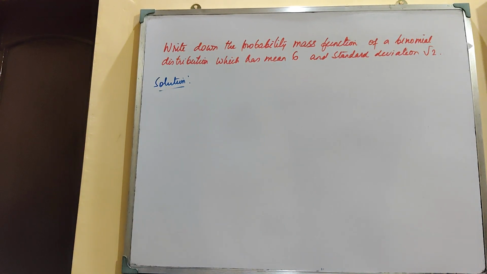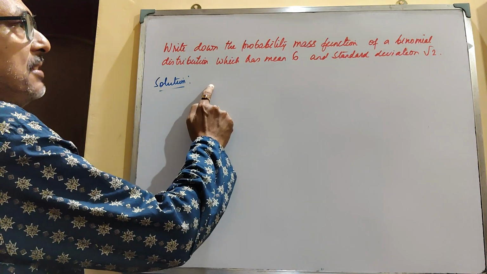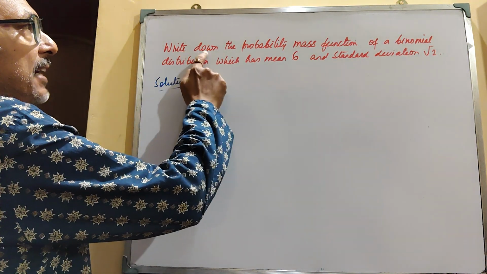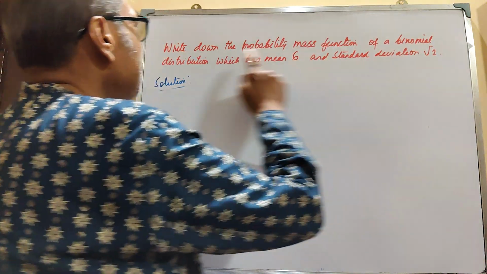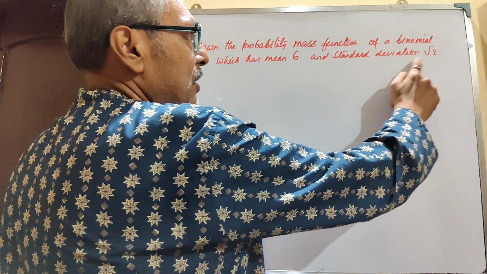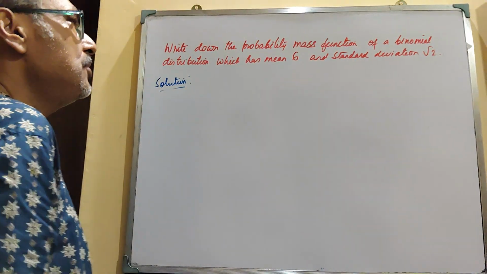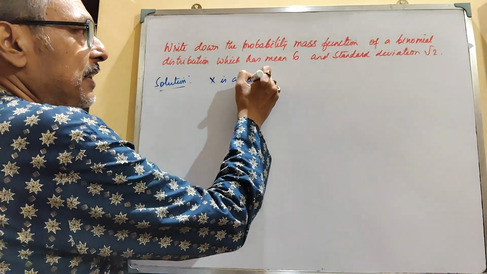Hello, in this video we want to solve this question. This question is from the topic binomial distribution. The question is: write down the probability mass function of a binomial distribution which has mean 6 and standard deviation root 2. Solution. Suppose X is a random variable